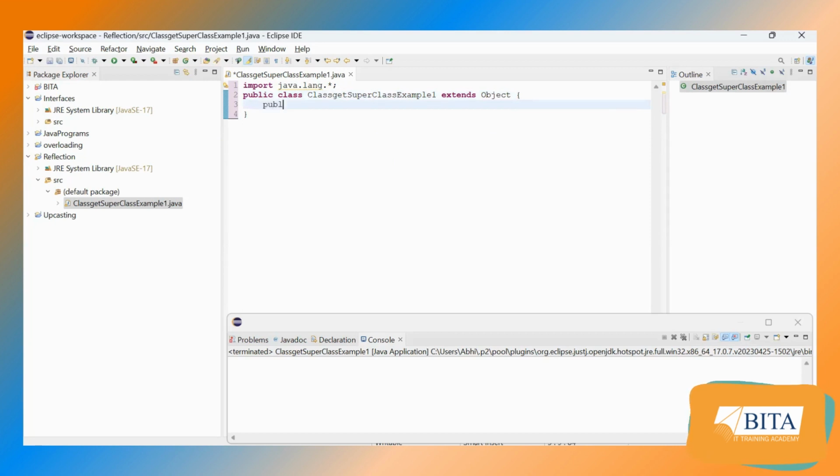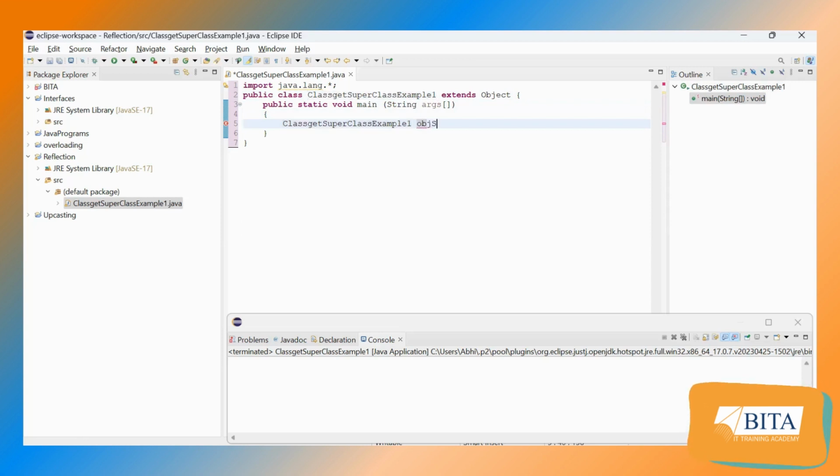So public static void main, String args. Here I'm going to declare the class GetSuperclassExample1,